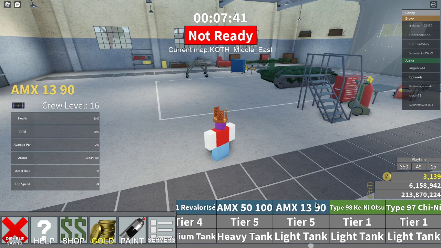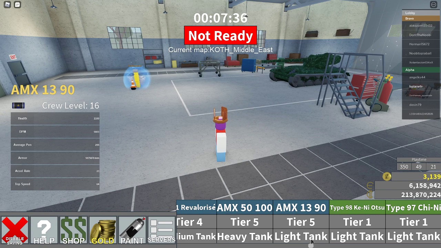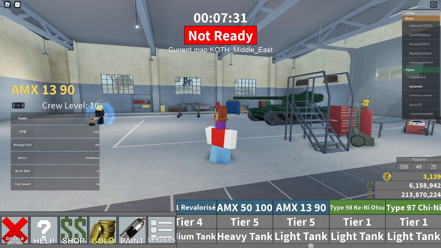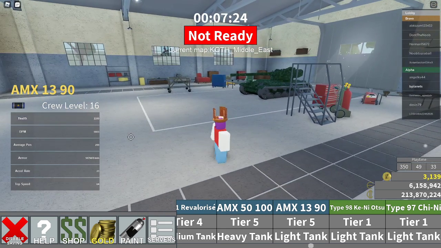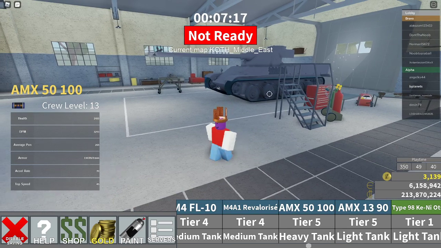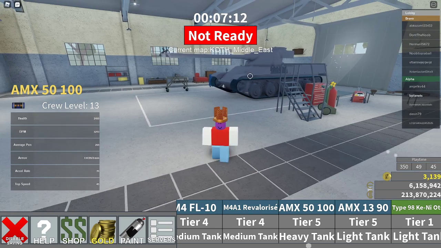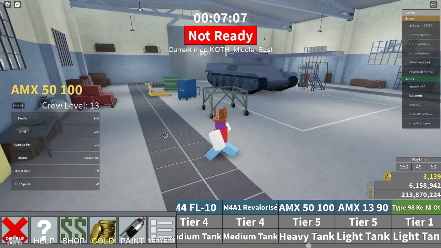Just if you got the AMX 13 75 or the AMX 13 90, just use those. They are far better. The reload on the AMX 13 90 is about 40 seconds, and you do have 200mm pen, but you can flank your enemies and you can slap them in the face with this 90mm gun. The AMX 5100 feels too sluggish, it's too big, the reload's too long, the interclip reload's too long, it doesn't have enough health, it has atrocious armor,